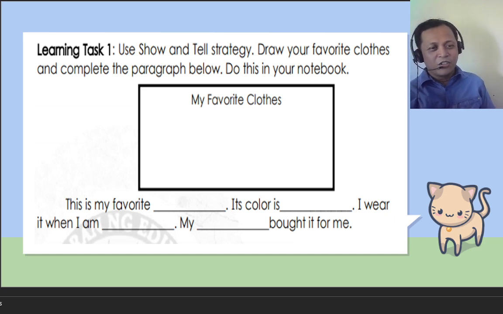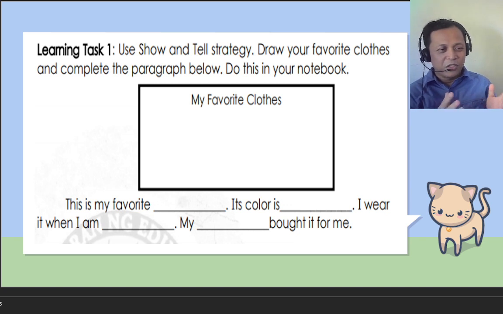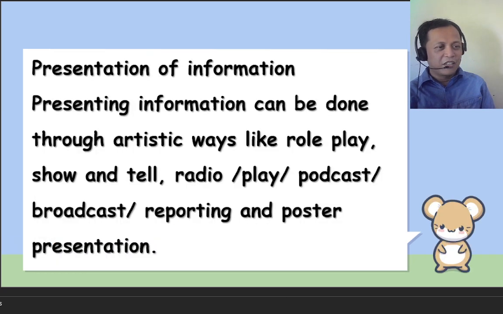Those are examples of how you can answer the paragraph given below. Okay, I'll give you time to answer it. Then we are going to move on with our next learning task. But before that,